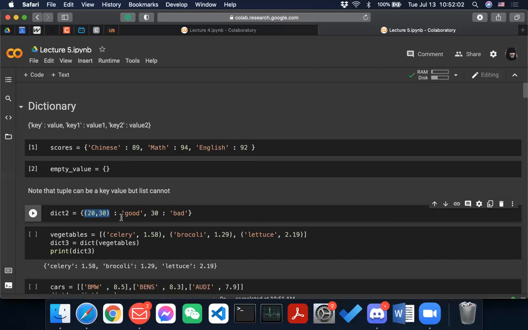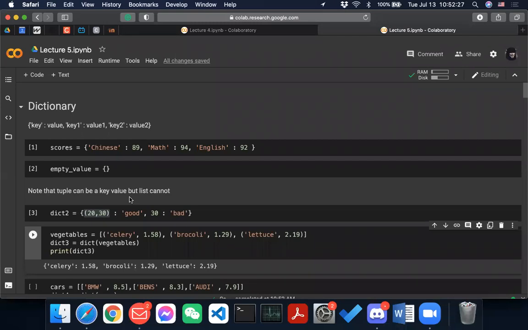I don't personally have a lot of use cases for that, so this is just for your information, that this can be done. If you have more use cases in your future programming life, then you can use it.